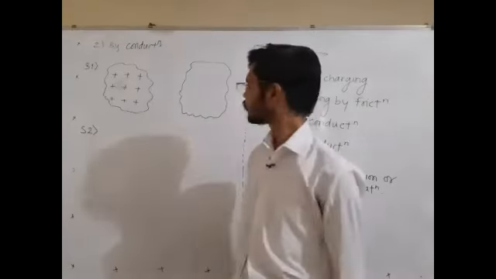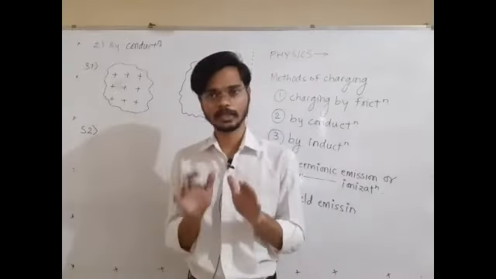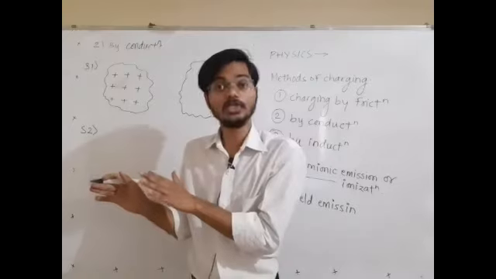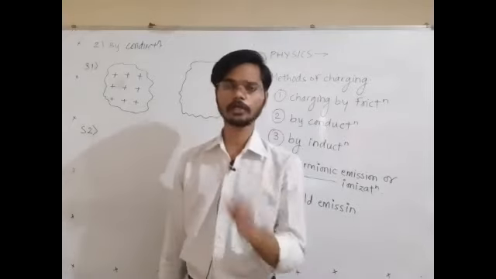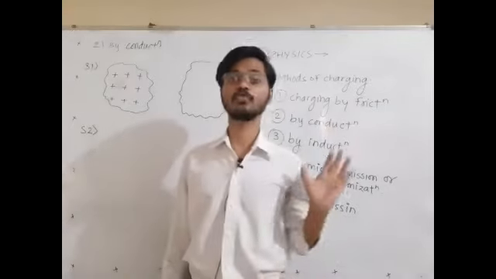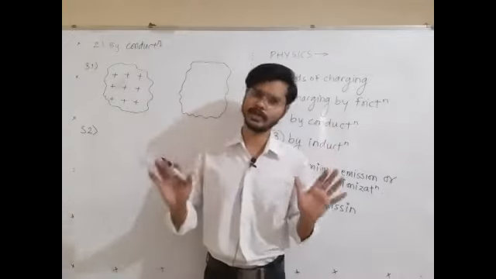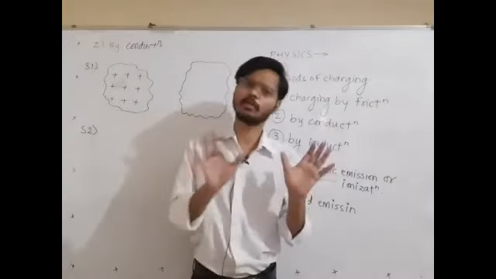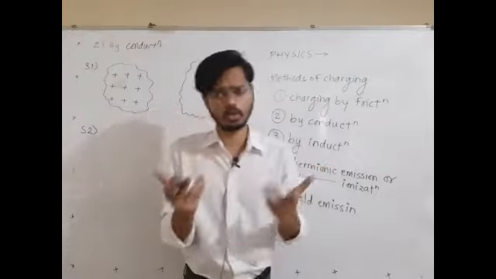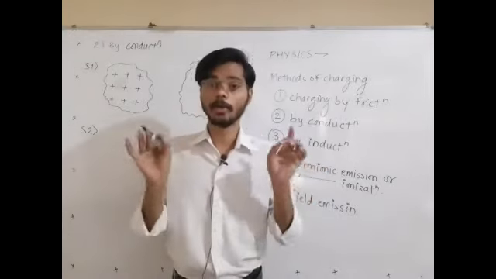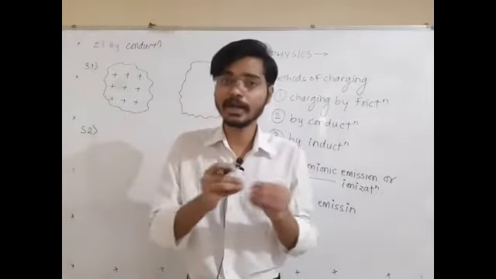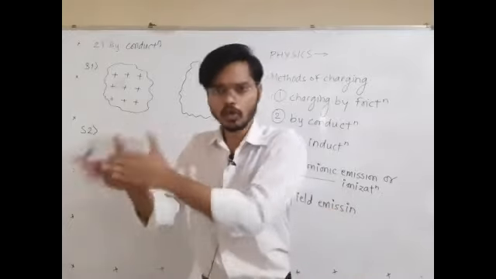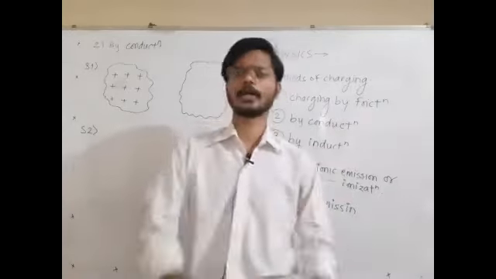Fine. So there are some materials which are called conductors, some which are called insulators. Now the conductors have a large number of free electrons. A conductor is electrically neutral. The total number of protons in the conductor is equal to the total number of electrons. But the electrons in the conductor are free to move. They can move from one point to another in the conductor.